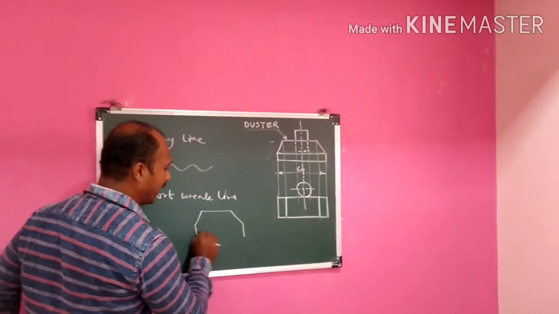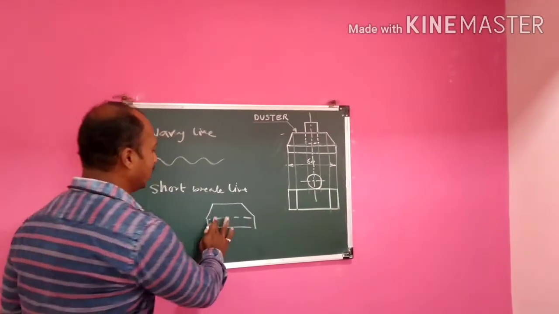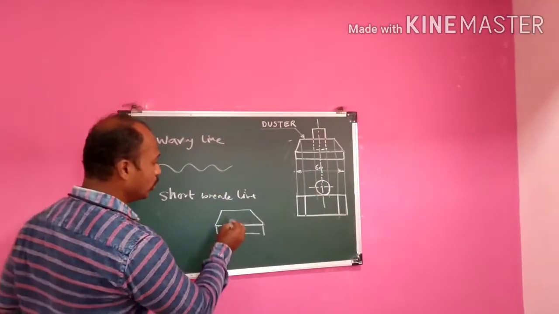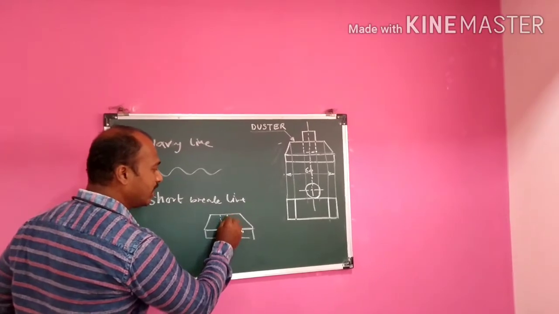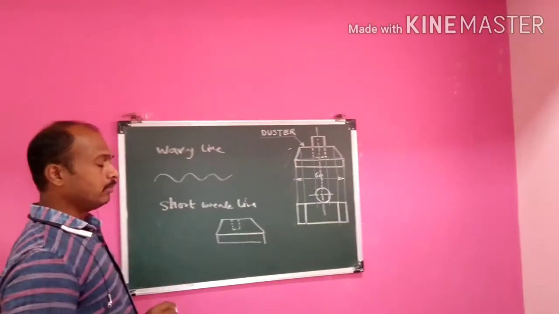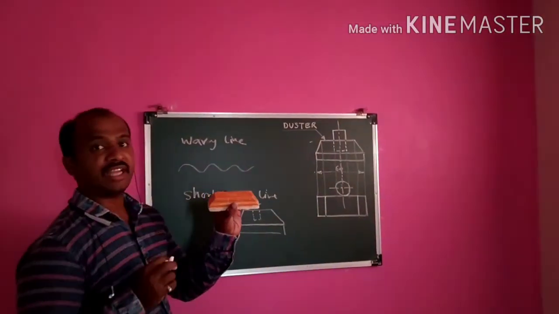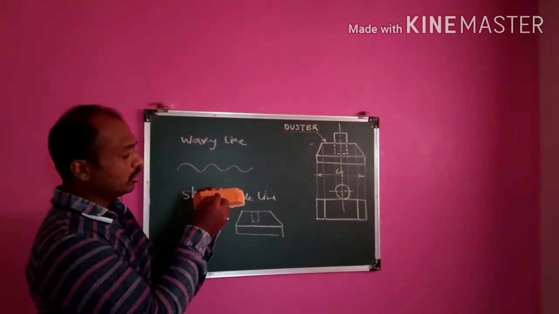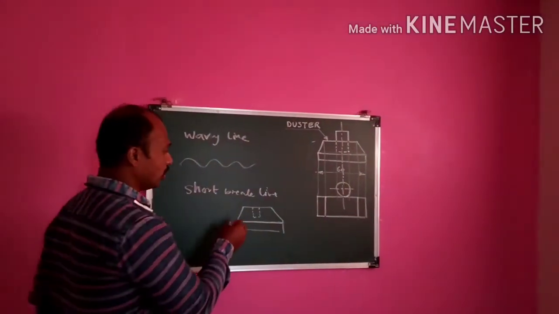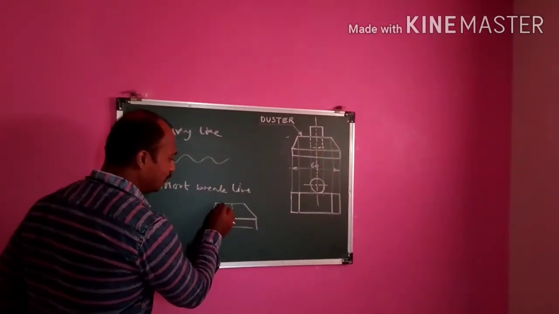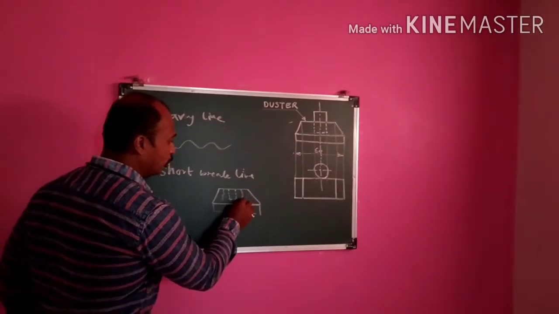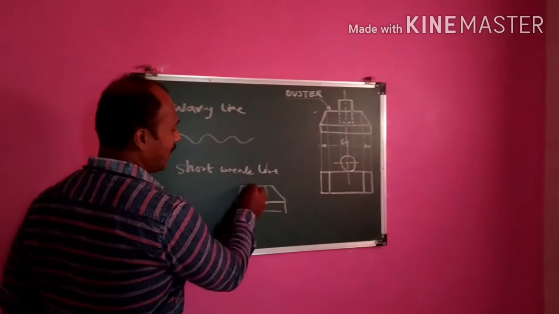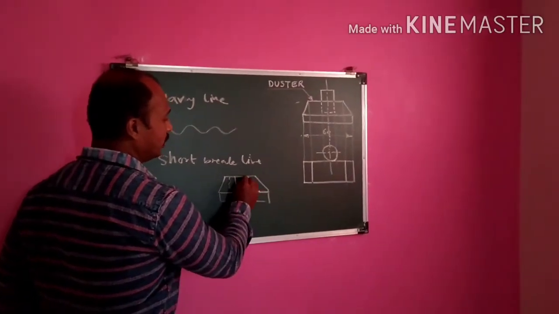If there is a hole at the center of the chalk, this is another duster, right? And there is one hole at the center. So to draw that hole, we use the dash line like this, right? But I want to see that hole. So for that purpose, we remove the frontal portion of this chalk. I cut this front side portion, and to show that we use this wavy line, right? And then this is shown by using continuous line.